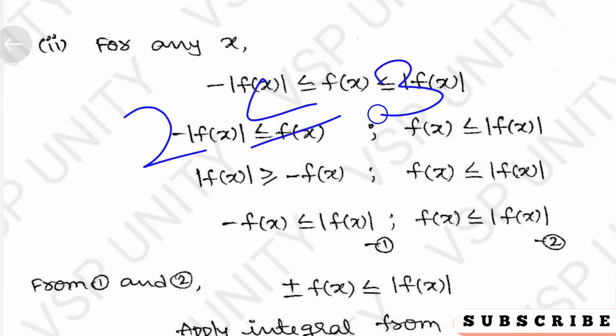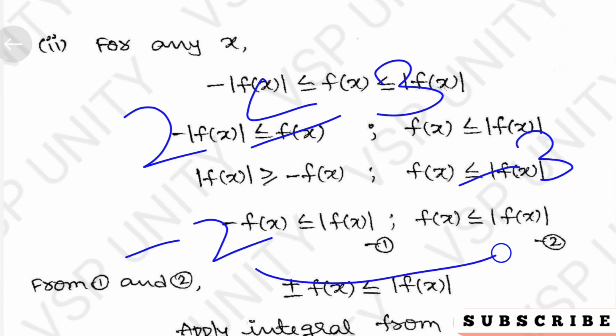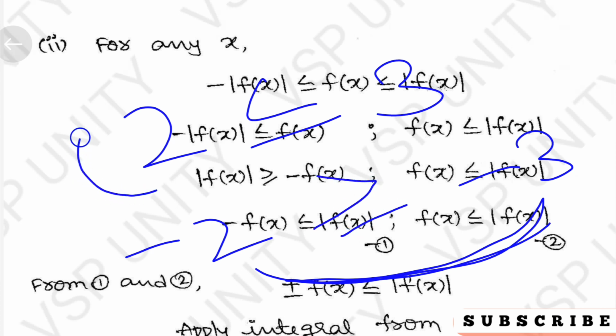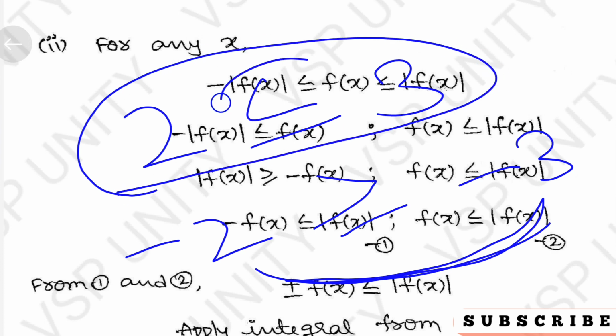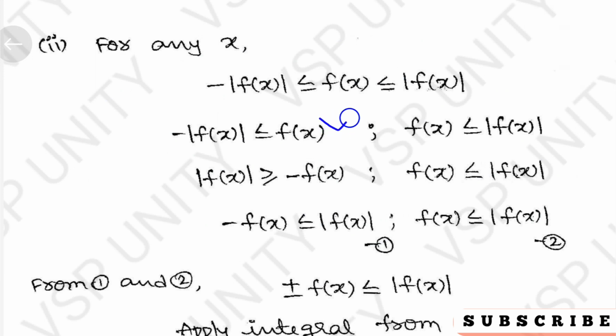If you multiply both sides with minus, what will it be? Minus 2, minus 3. Of these two, which one is greater? In negative numbers, the smaller one is greater, no? So here it will be greater than or equal. Means if you multiply with minus on both sides, then this inequality will become reversed. Same concept only I applied here.